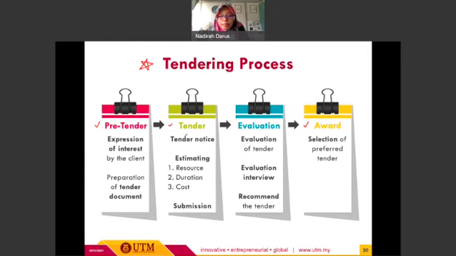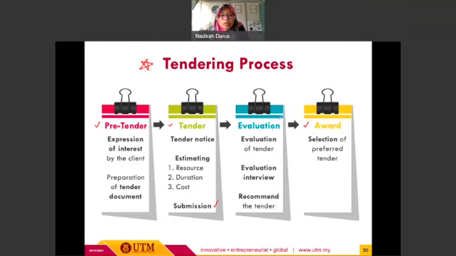So they will check this tender notice, and then any tenderer or consultant who is interested will proceed with the required documentation. They will prepare the estimation in terms of resource, duration, and cost of the project. And once they have completed the tender document, they need to submit the tender to the